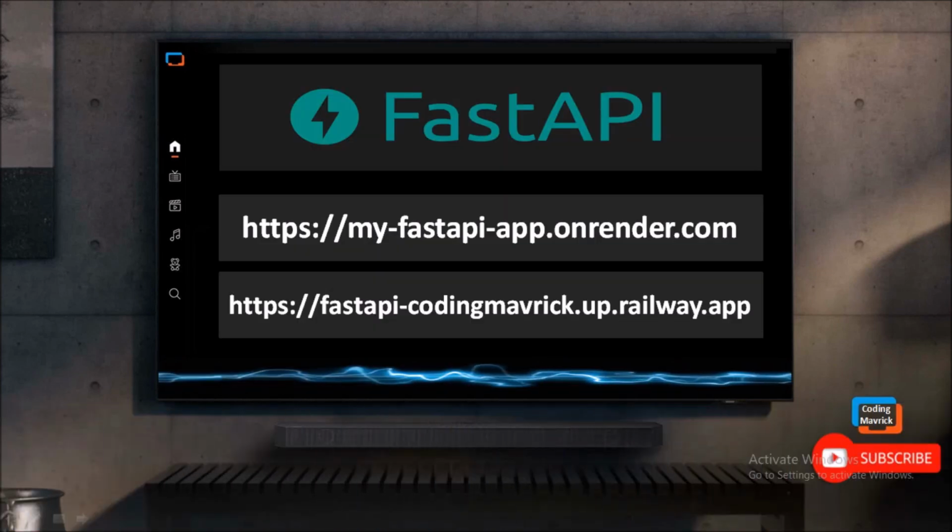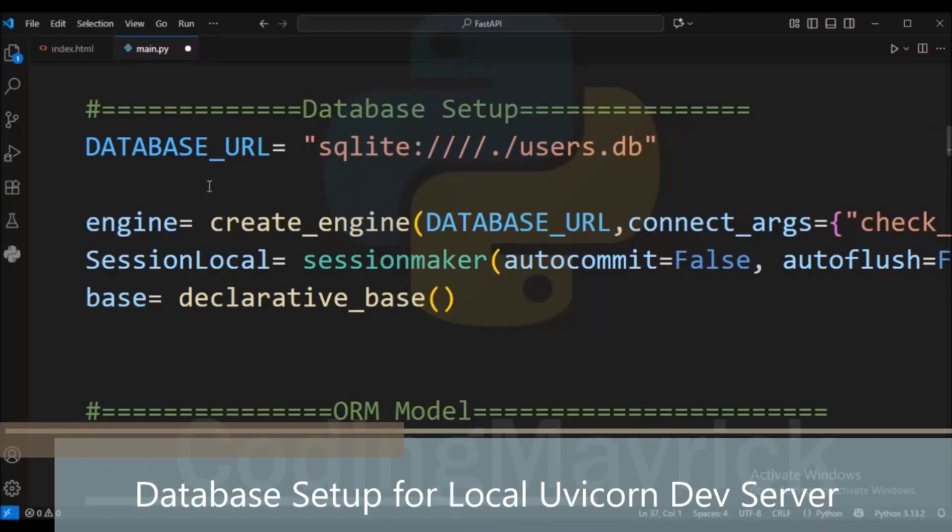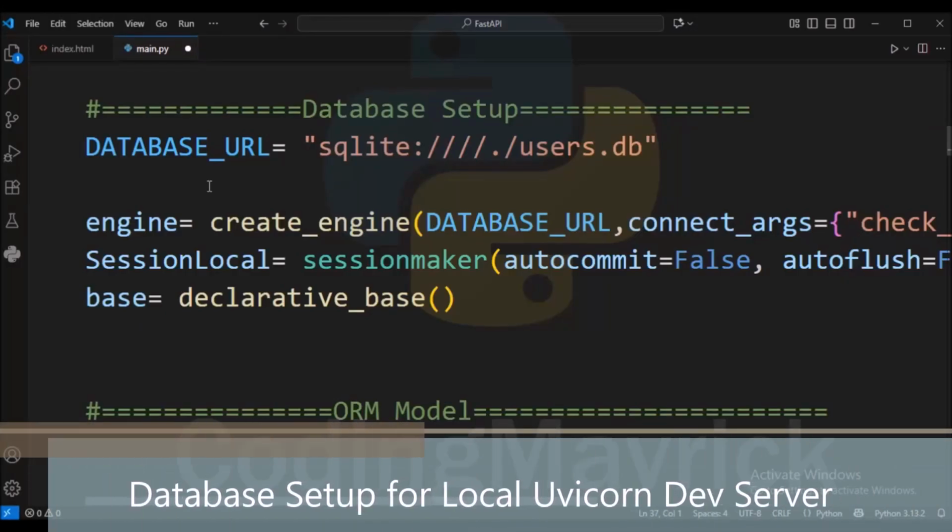That means instead of localhost port 8080, you will have a real shareable link like myfastapi-app.onrender.com, or in case of Railway we may have a link like fastapi-codingmaverick.up.railway.app.